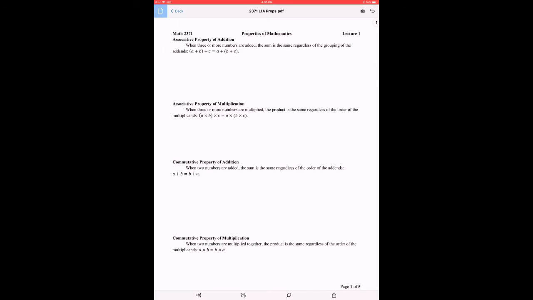We're going to start with properties of mathematics. The first property of math that we're going to study is the associative property. Now I'm going to give you examples, not the proof. So the associative property allows us to regroup. So for example,